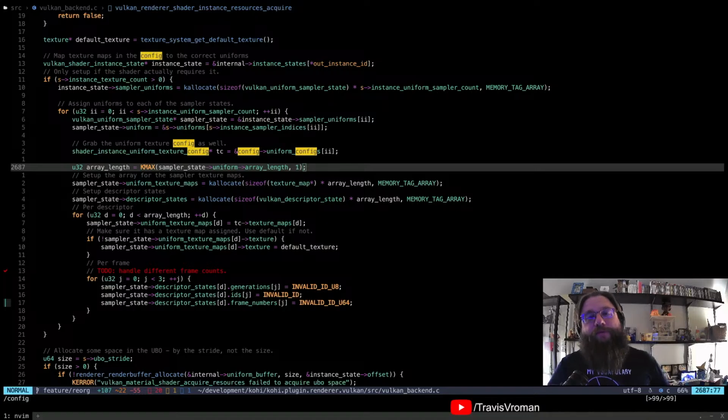Which actually would technically be a problem if we were to render it that way, because you can only update those descriptors once per queue execution, essentially. So we would actually have to have a separate set of descriptors if we had a separate thing like that. Yeah, it gets complicated.